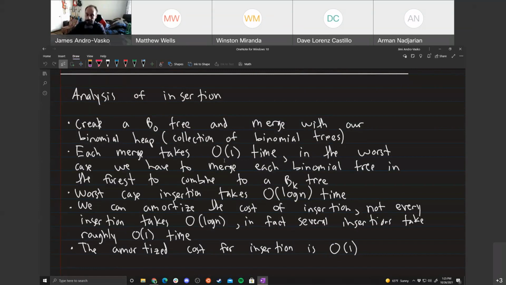But the worst case does not always happen for binomial heaps. So for that reason, we can actually amortize the cost. So a lot of times we do insertions, it will actually take constant time, but then there's that one instance where it will take a lot of time. You have to do a lot of possible merges, but it happens only once every now and then. So we can easily amortize it to be roughly constant. If you average out all the insertions together, it'll be roughly constant for every insertion, which is an improvement